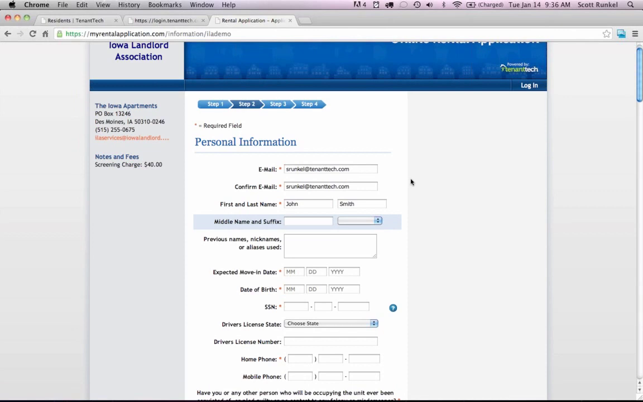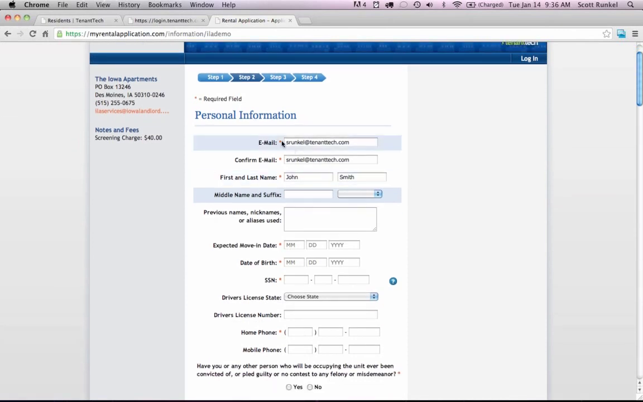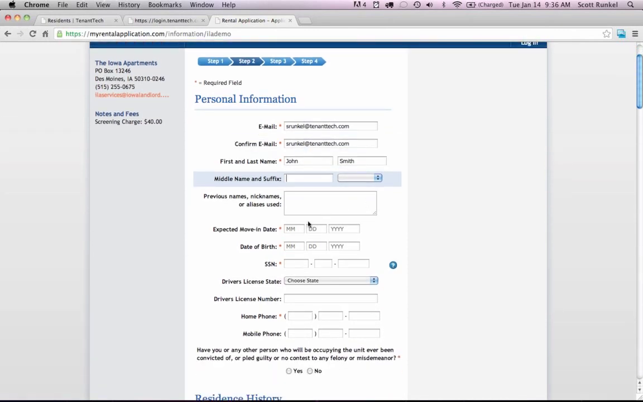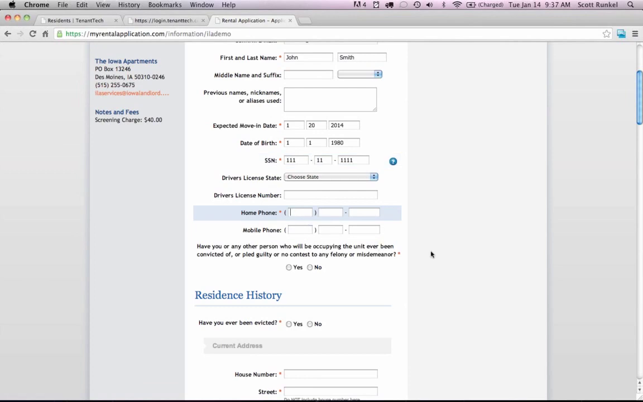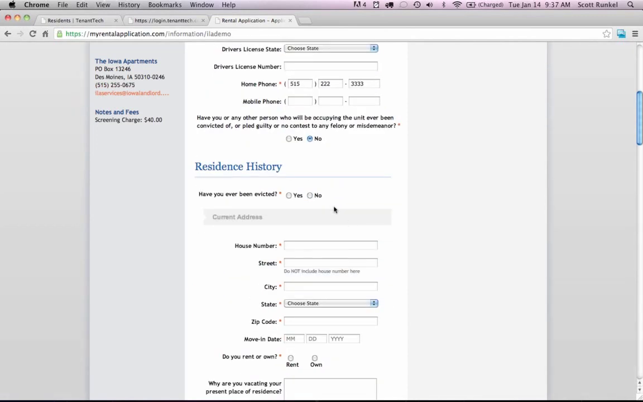One of the cool things about this system is that as I'm going through and filling out these required fields, the ones with the asterisk, it is actually creating an account for me behind the scenes, and it's going to send me an email. So I don't have to actually create my own account, create a username and password and do those things, because it's doing that all for me. So I'm just going to fill out the required fields here